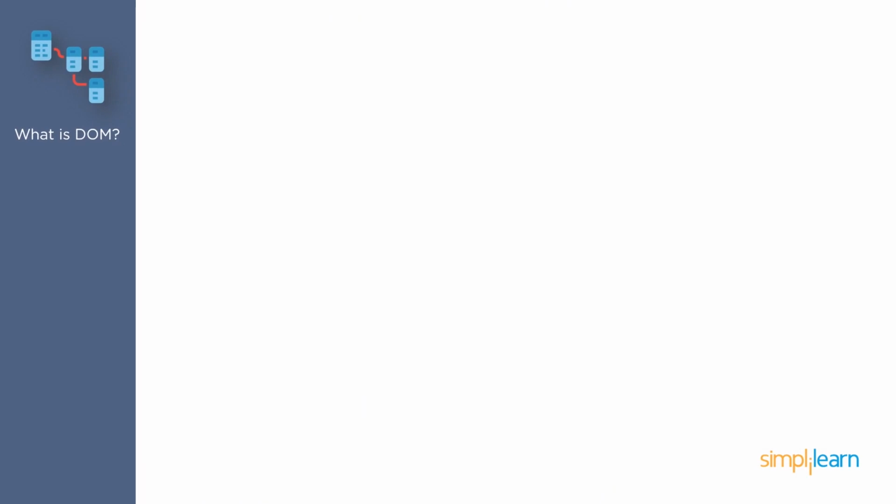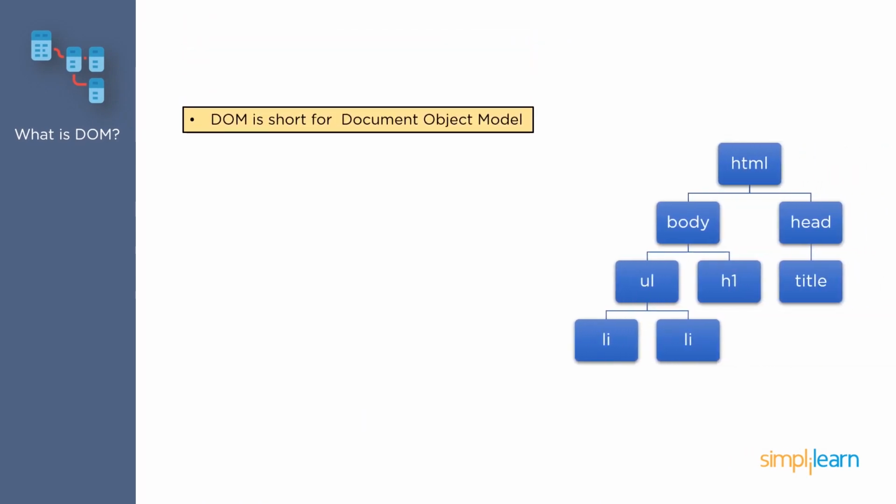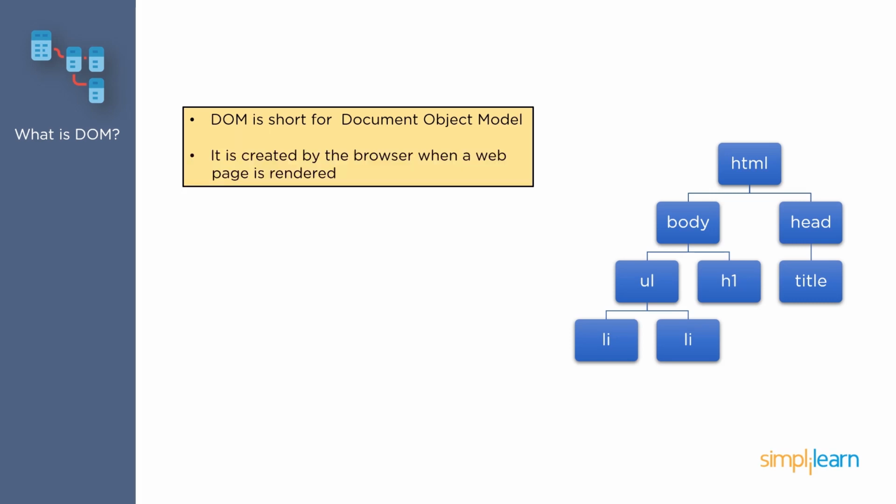So what is DOM? Document Object Model. It is the data representation of the objects that comprise the structure and content of a document on the web. So this DOM is a programming interface for HTML and XML documents, and it represents the page so that the programs can change the document structure, style, and content. DOM represents the document as nodes and objects. This way, programming languages can connect to the page.